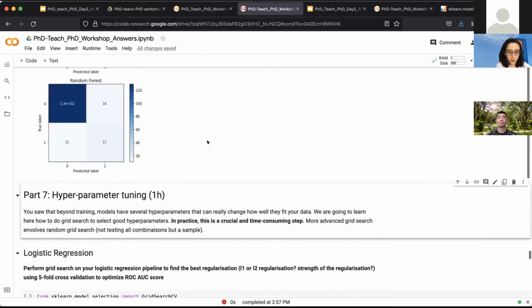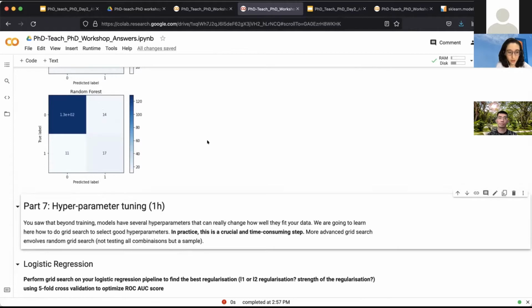Yes, what I would like you to try here is to create some grid search on the logistic regression pipeline, okay, to find the best regularization, L1 or L2, that we introduced yesterday, okay? L1, L2, and strength of regularization. And to evaluate each model, you use 5-fold cross-validation, and you optimize using the ROC-AUC score. So to do this,